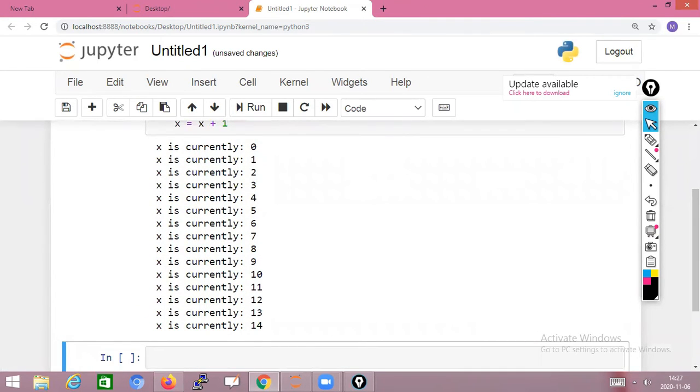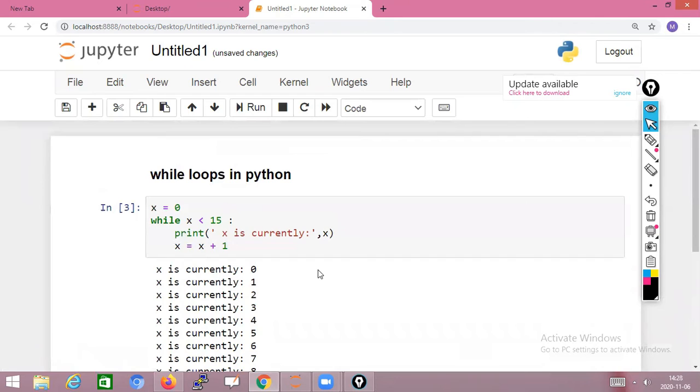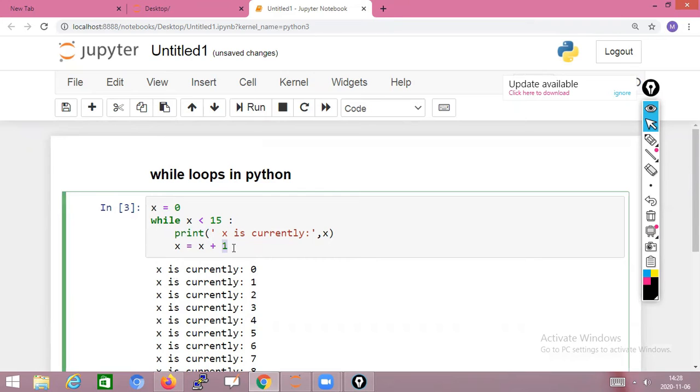Not only this, next, instead of writing x equal to x plus 1, we can write it in another way, as a shortcut: x plus equal to 1. Whatever you write as x equal to x plus 1, you can simply write as x plus equal to 1.